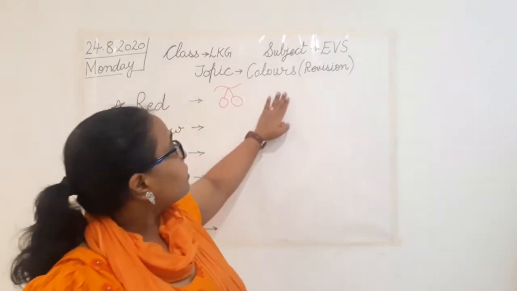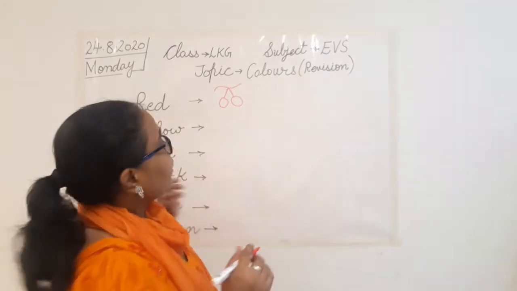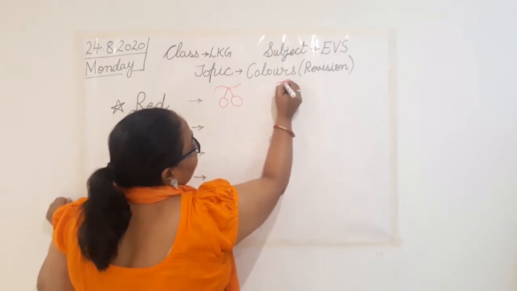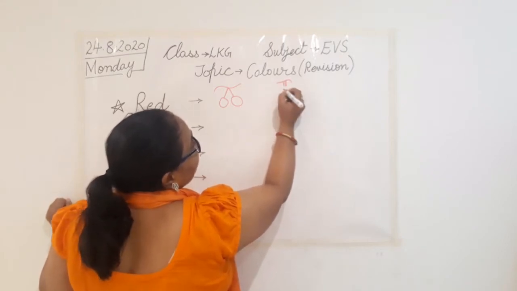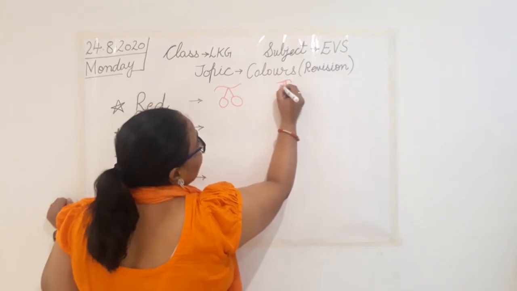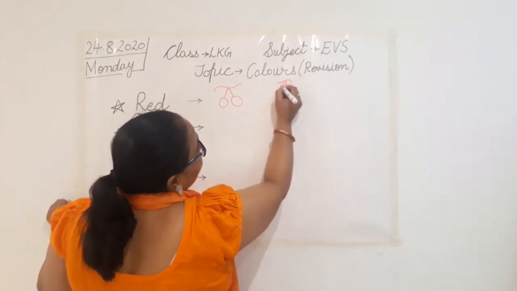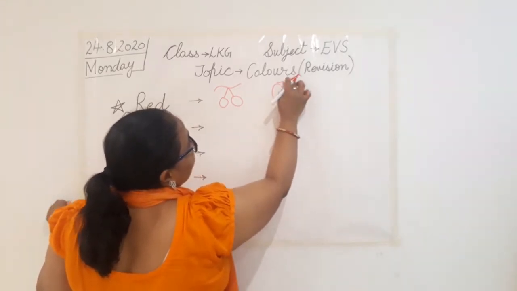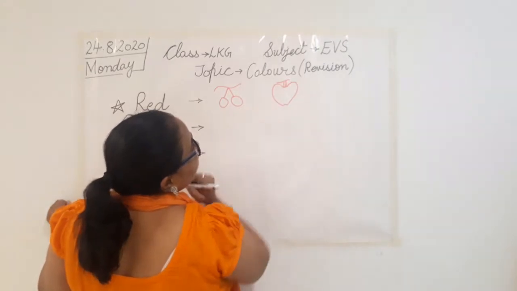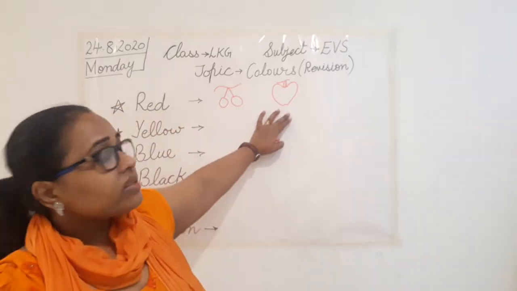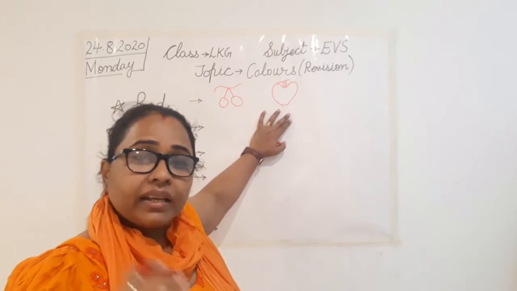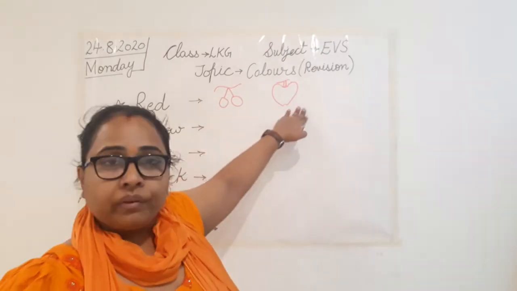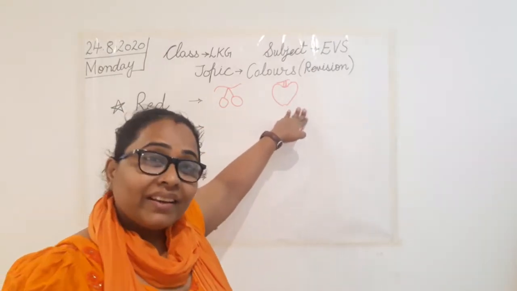So what we can learn is, I'll teach you how to draw an apple here. Clear? Again, draw a wavy line. Like this, we have drawn a wavy line. Then two small standing lines. One smiley curve. जैसे हम smiley बनाते हैं. And after that, draw two curves like this and simple. Join it. So what is this? It's an apple. Isn't it an easy picture to draw? So we have learned to draw cherries and apple. And they are red in color.